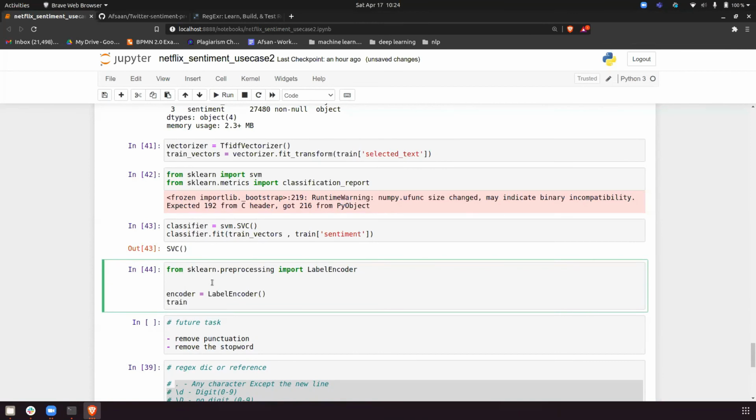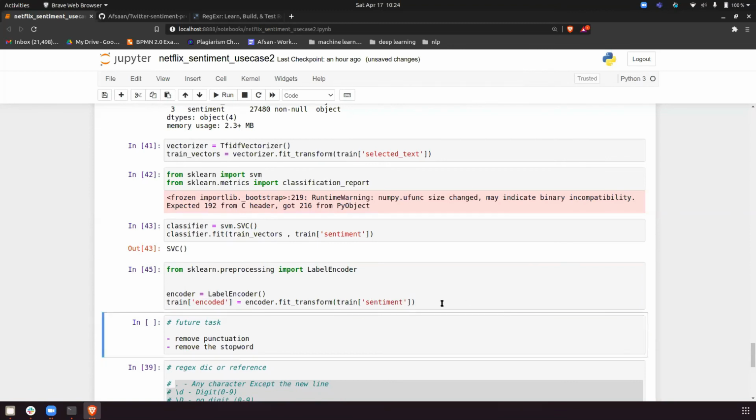Then train encoded equal to encoder dot fit_transform, and inside this just pass the train sentiment. So in place of sentiment I will add encoded. Everything will be converted into this.